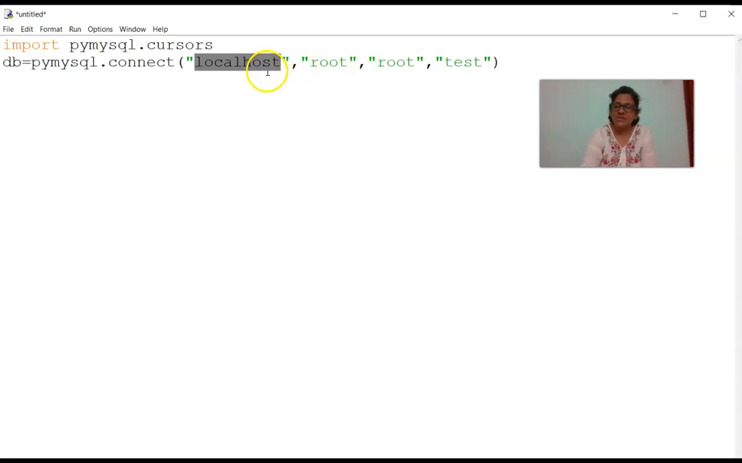So localhost, otherwise you can give the IP address if they are different. Then the username, what is the username of your MySQL, the password, and your database which you are going to use. I would open my MySQL also, just a minute. Fine. And then here we are going to write down